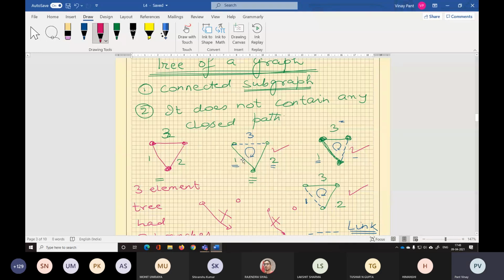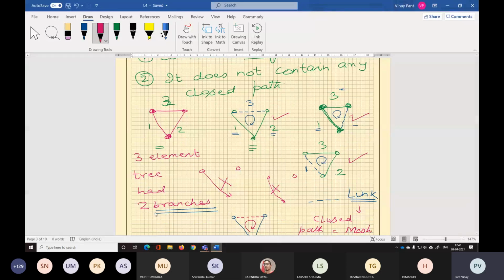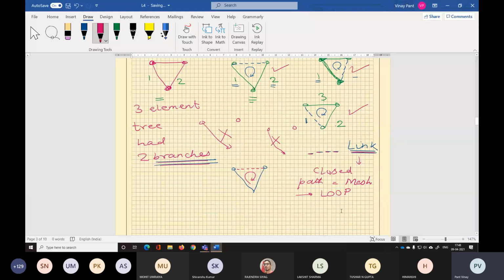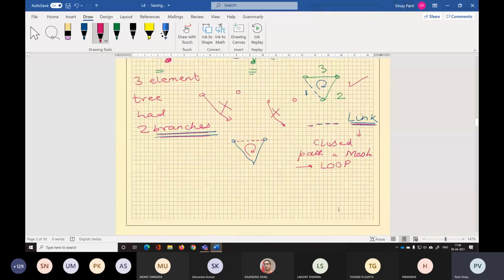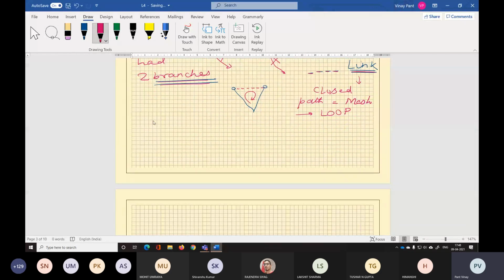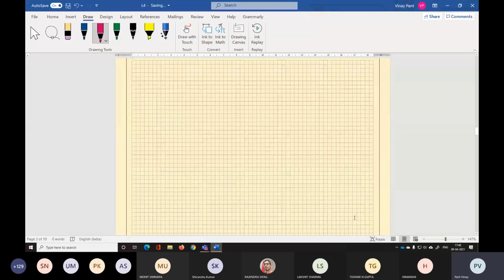The branches that are a part of the tree are called tree branches, or simply branches, and the left out elements are called links. When you put a link in a tree, it will generate a closed path. This closed path could be a mesh if it is the smallest closed path, or if it is a bigger path, then it will be called a loop. Let's take another example. Let's change the page.